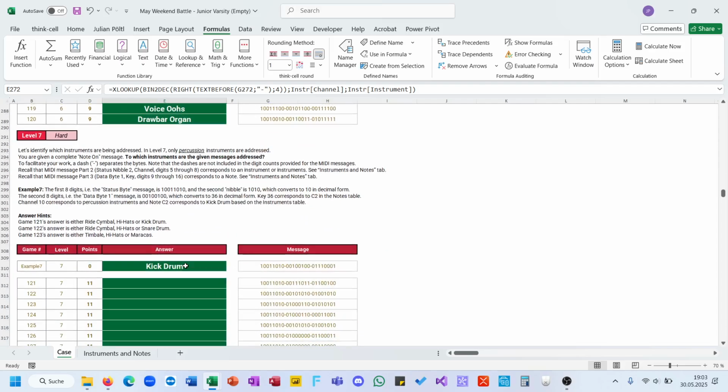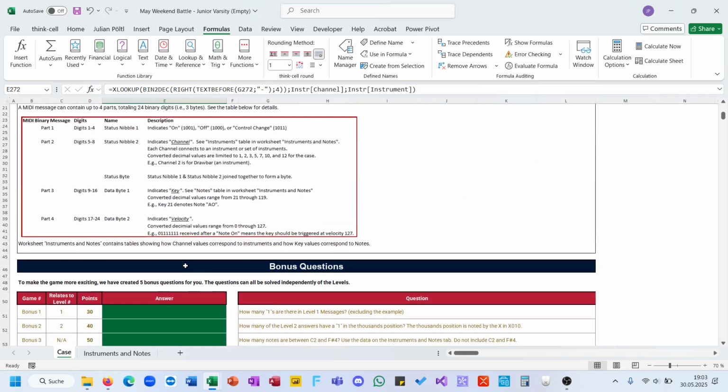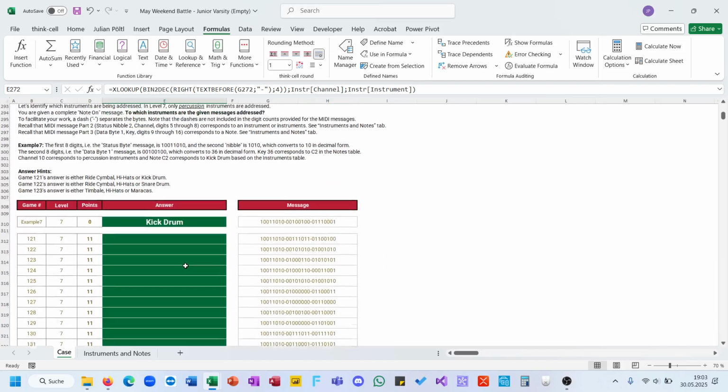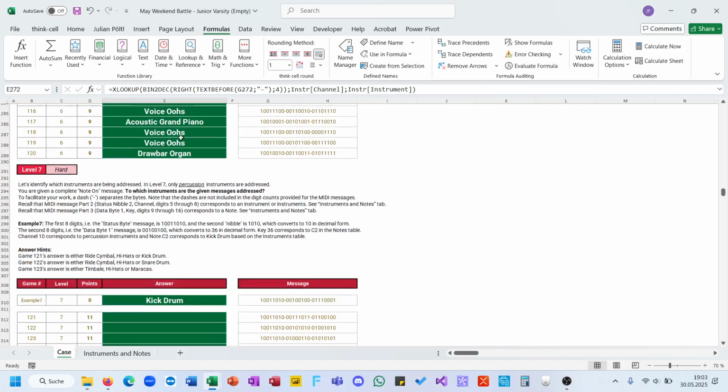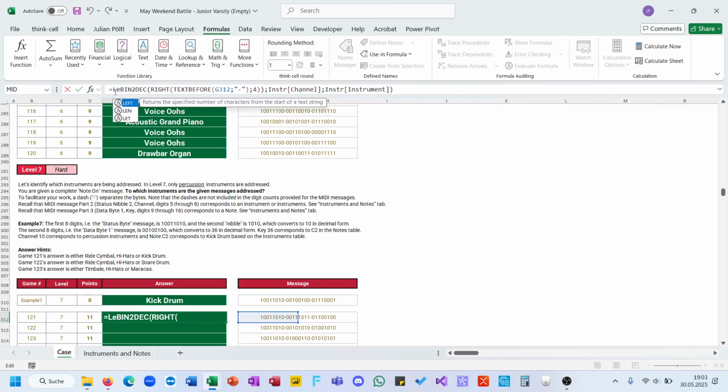Level 7. First, okay, we are also working with the keys. So, which instruments are given? Called a MIDI part 2. To the note. Okay. So, let B, BB. N is